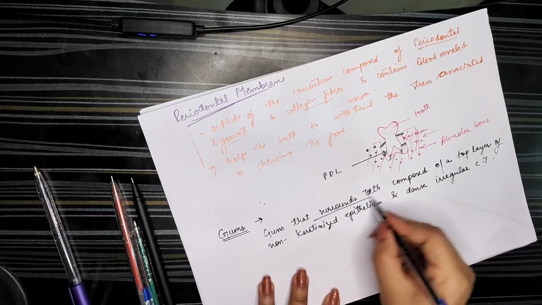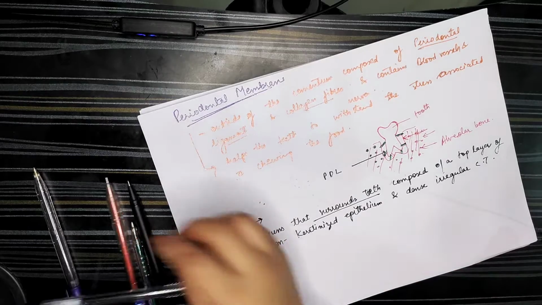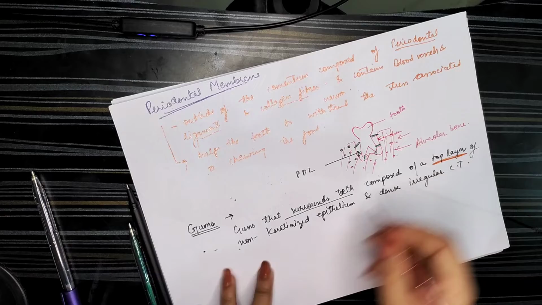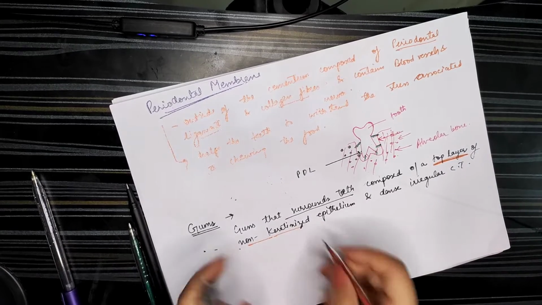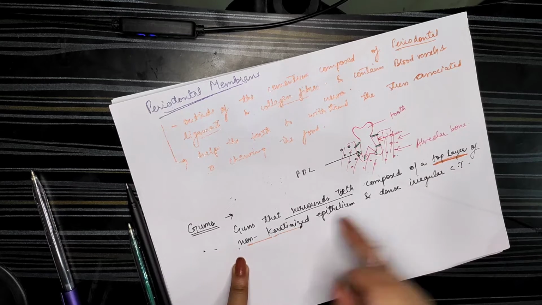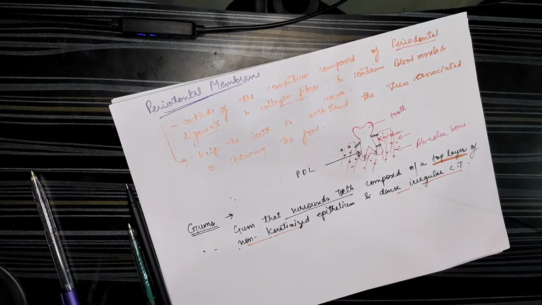So these gums basically surround the teeth and are composed of a top layer of non-keratinized epithelium. See, the layer of gums is not keratinized. It is composed of a non-keratinized epithelium and dense irregular connective tissue. Now, as we are done with gums,